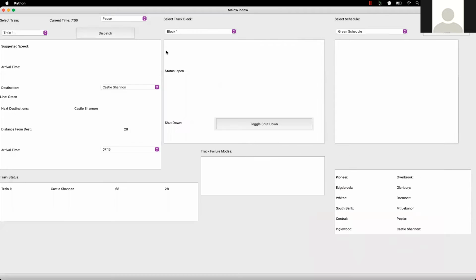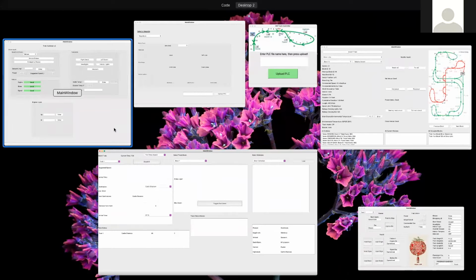Now I will go back to the CTC office and go on 10 times speed to speed this up a little bit. As you can see, it's going quite a bit faster. So now that it's at the station, we can bring back the two windows